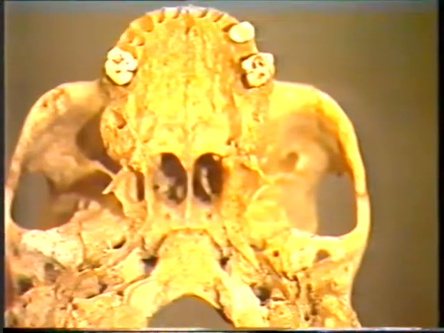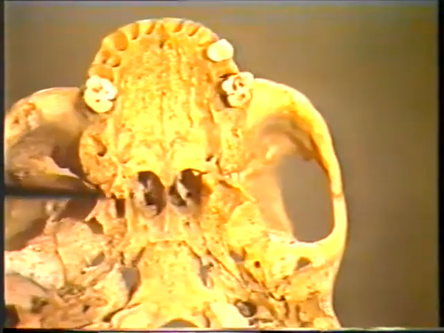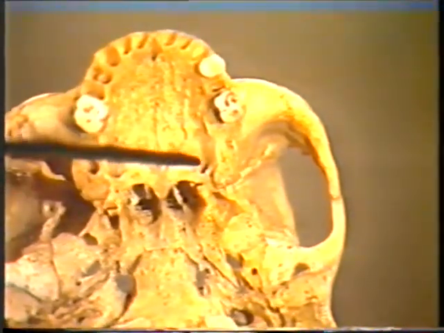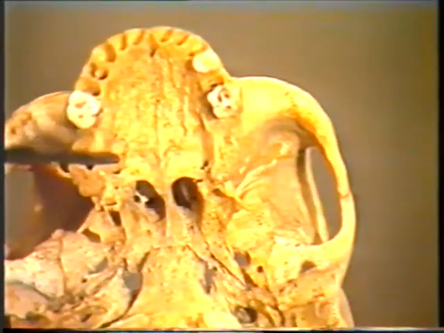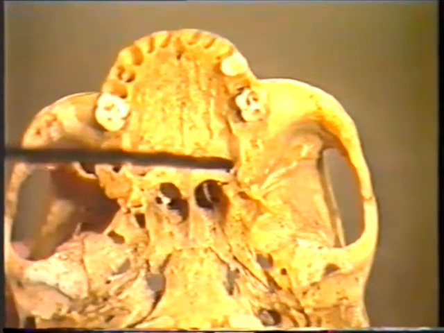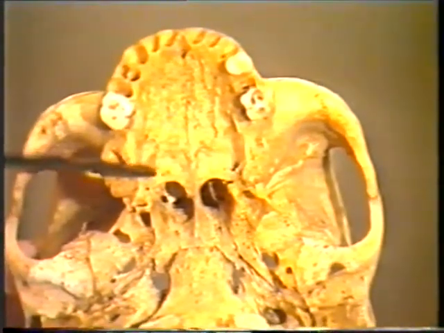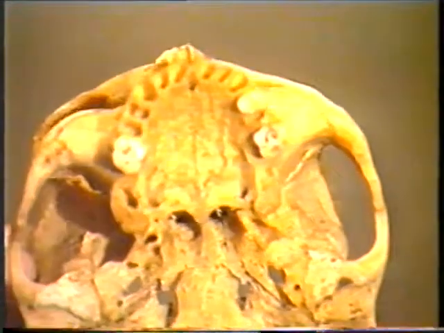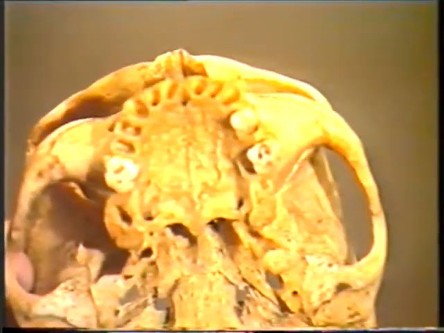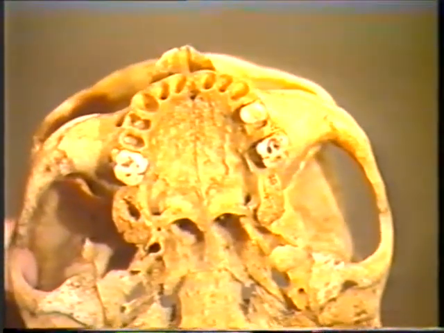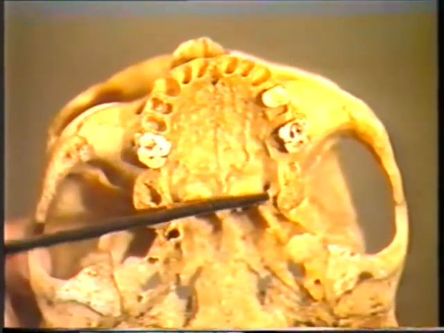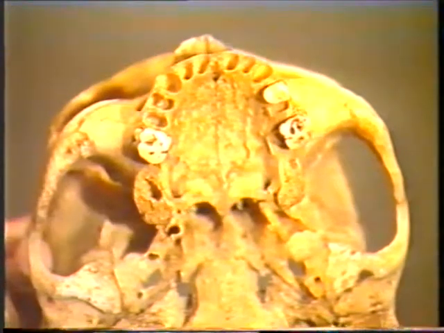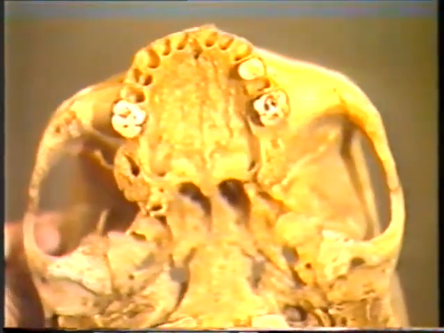At the posterolateral angle of the hard palate, there is the greater palatine foramen, which is the lower end of the greater palatine canal, reaching up to the pterygopalatine fossa and transmits the greater palatine nerve and vessels. Just behind the greater palatine foramen, there are one or two lesser palatine foramina that transmit the lesser palatine nerves